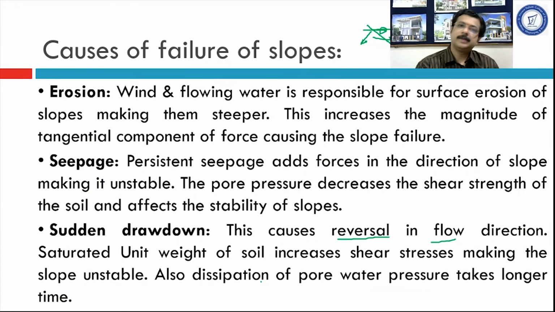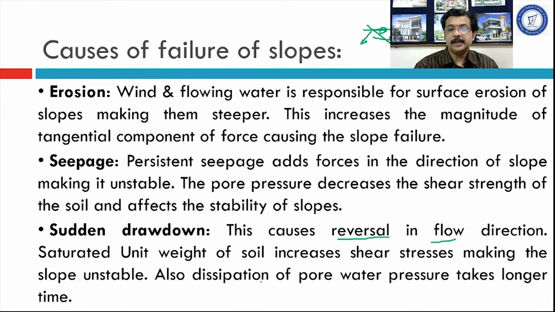So technically the reason is mentioned there, that saturated unit weight of soil will be more, and once that saturated unit weight is greater, it will add to the tangential component of the stresses which will act along the direction of plane of failure. That will add, means increment in the shear stress would happen, and presence of water simultaneously causes decrease in the shear strength, because it will lubricate the friction. Second, it will reduce the cohesion in the soil. Okay, and this will cause a failure.